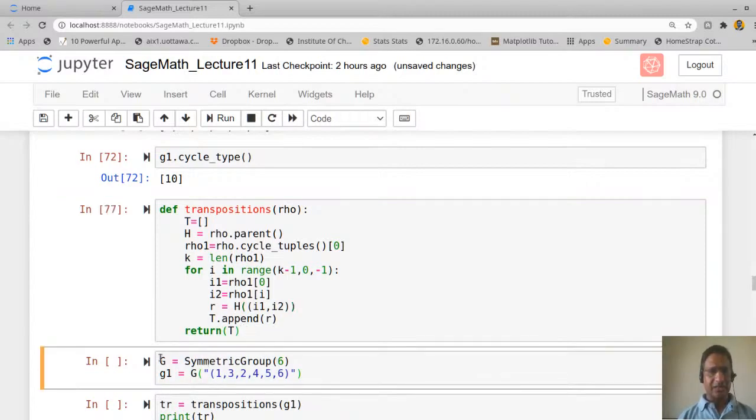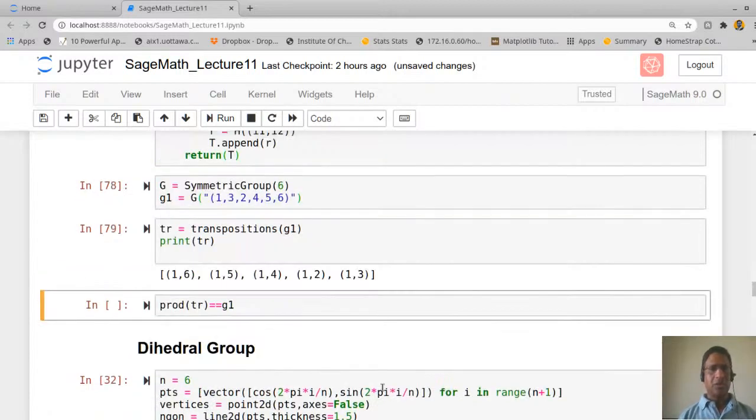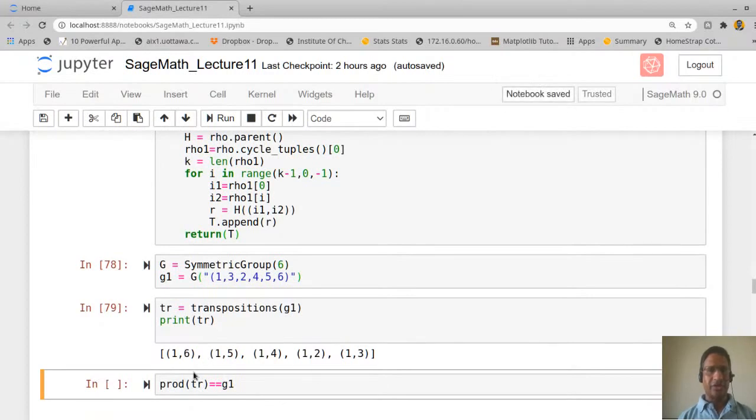Okay, so now let us look at, in case the cycle is this, what is going to be the transposition. Again, you can see here (1 6), (1 5), (1 4), (1 2), (1 3), and so on.